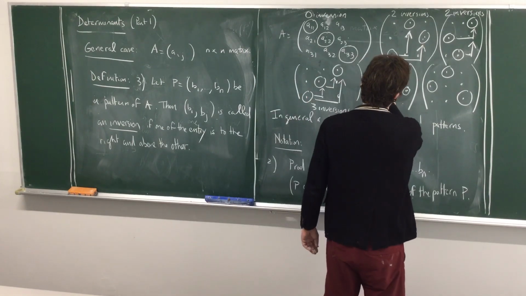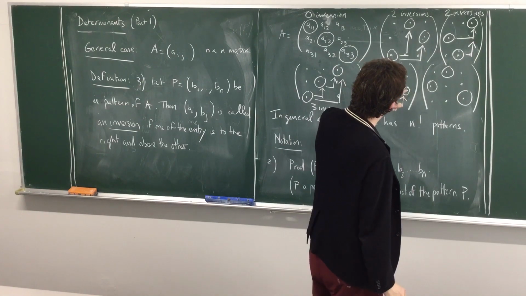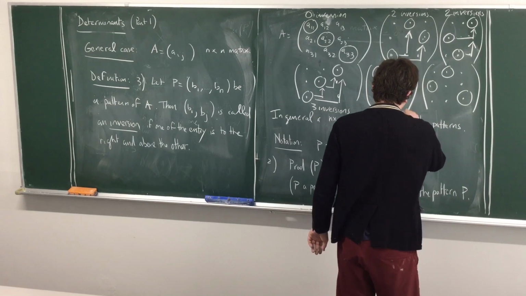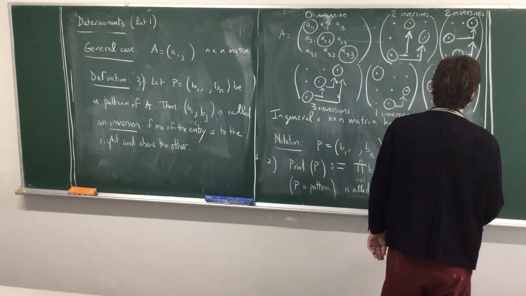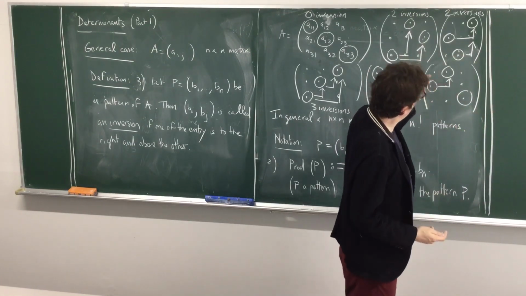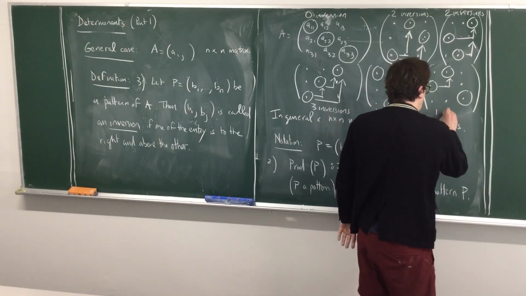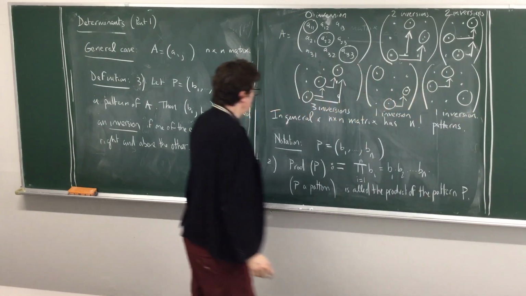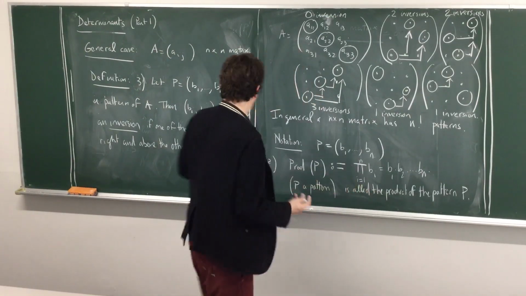Here, what do we get? Right and below, this is not. Right and above, this is 1. And right and below, this is not. So here we have only one inversion. Finally, on this one, right and above, this is 1, and there is no other. This is right and below, and this is right and below. So only one inversion. Right. So as you can see, for each pattern, we can calculate the number of inversions.